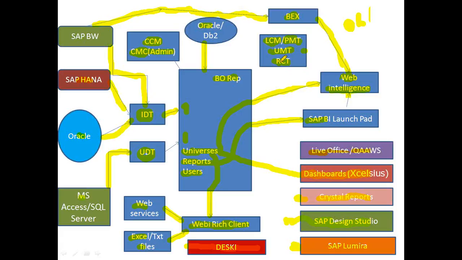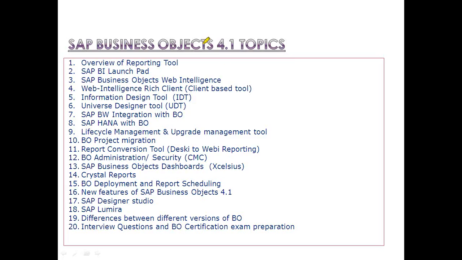Okay, so these are the components we are going to cover in a business objects training. If you look at here, these are the 20 topics we are going to cover. So overview of the reporting tool, BI Launchpad, Web Intelligence, rich client, information design tool, universe design tool, and developing a report universe on top of the BW system, BW integration with BO, SAP HANA with BO, lifecycle management tool,